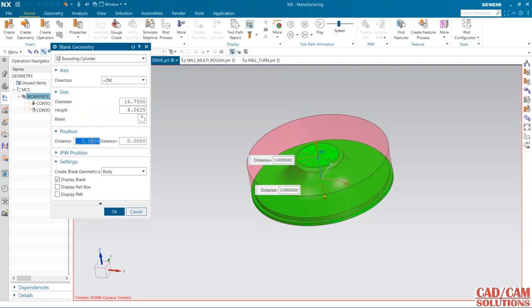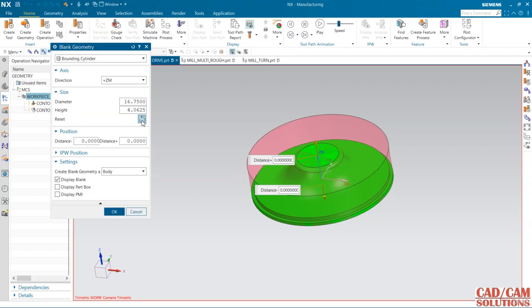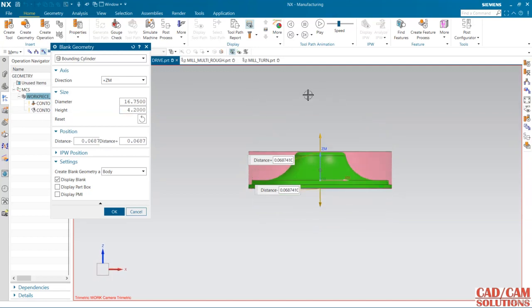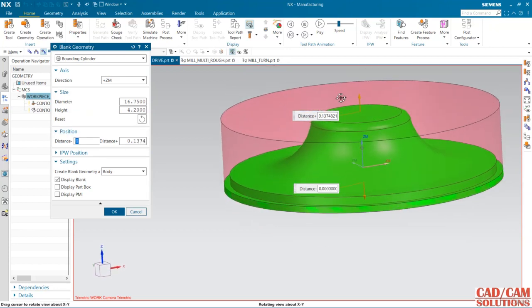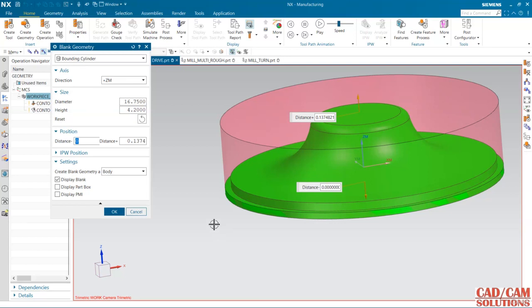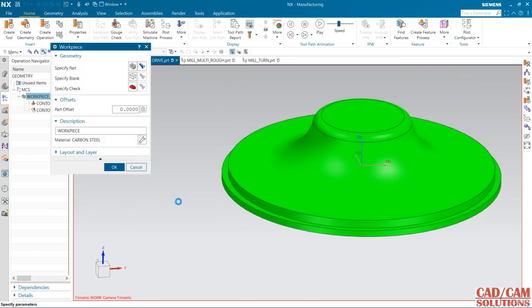Okay, and here I'm adding, okay, and I want to increase in 4.2. See, it is increasing on both sides. Negative direction I don't require, I want just the positive direction, so you can change. Okay, and the same way we can increase the diameter as well. So 17, so it will increase in diameter also. See here. Okay, and click OK,